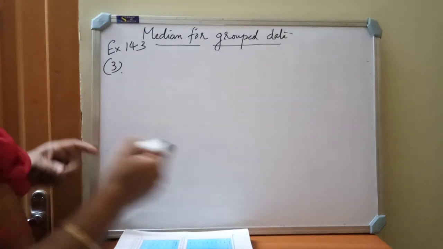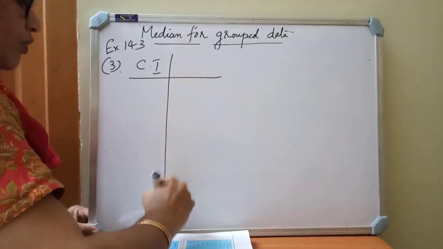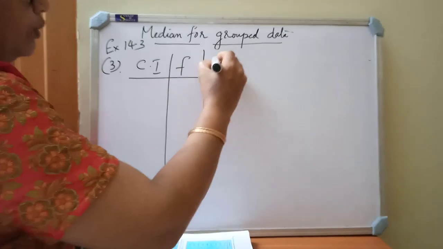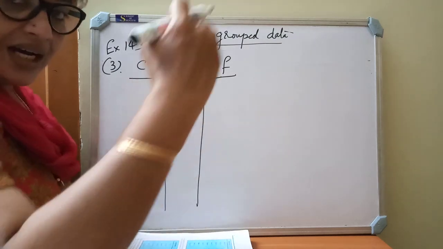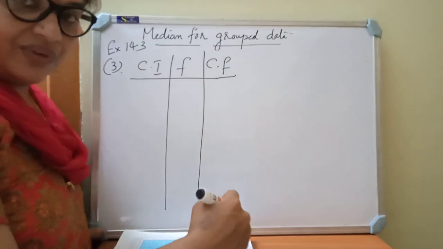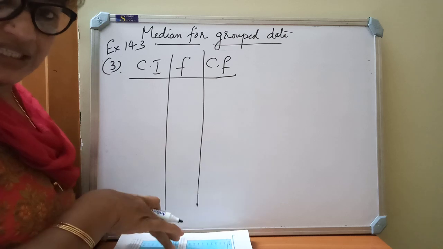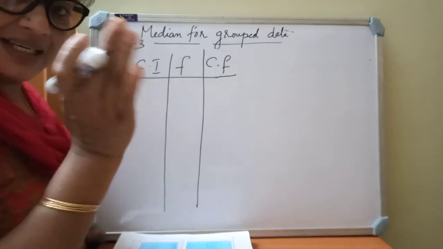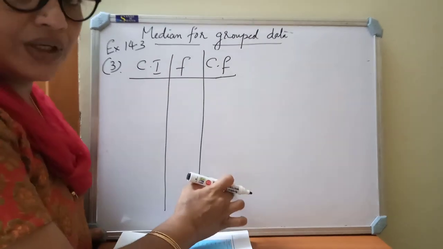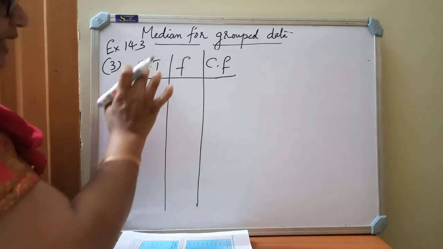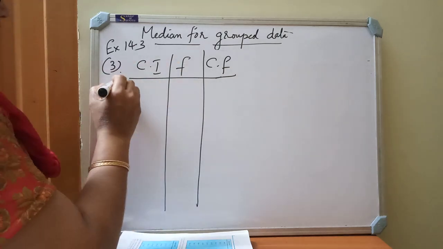Okay, so see, below 20, we are having the class interval. So there are 3 columns: class interval, frequency and cumulative frequency. In this question, keep it in mind, the frequencies are in increasing order. They did not mention whether it is frequency or cumulative frequency, but below 20, below 25, everything is written like that. So you must identify that it is a less than type, and they have given directly the cumulative frequency here. Based on this question, I am framing the tabular column. For class interval, the first one is below 20, you write as it is, below 20.